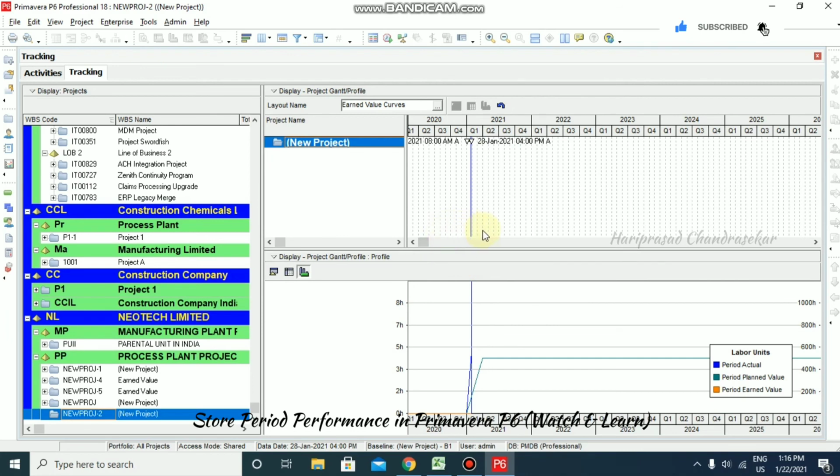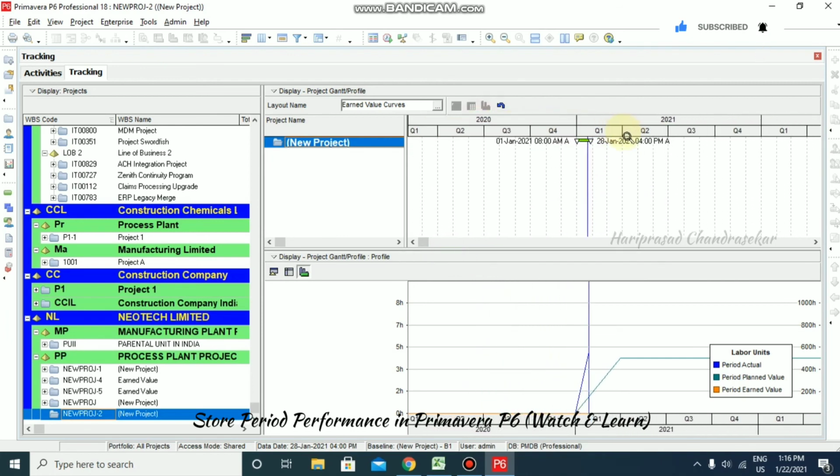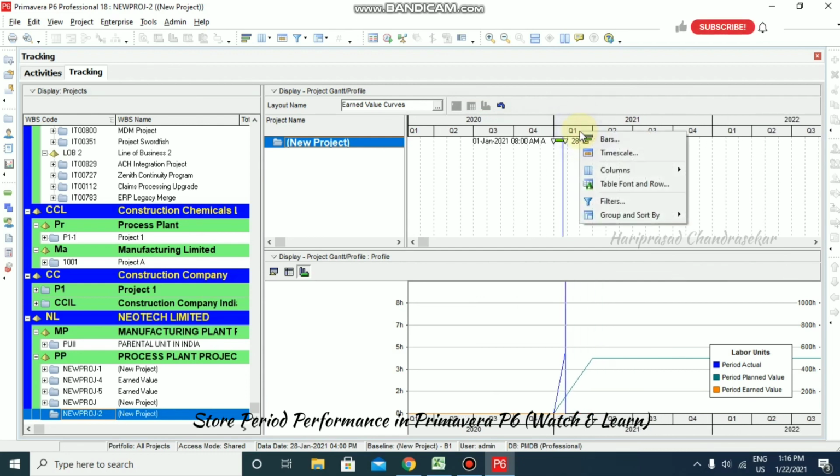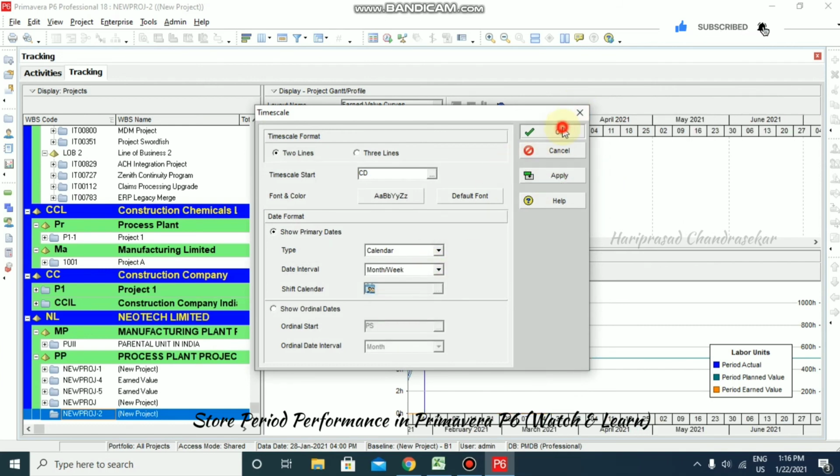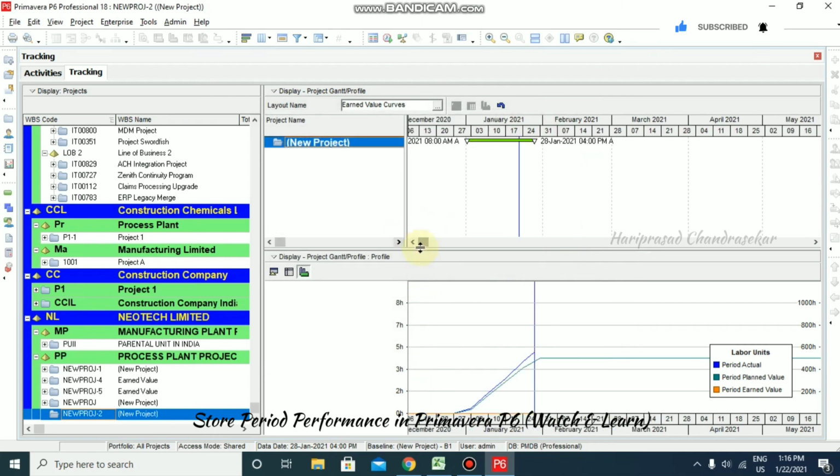So once you apply, we can see everything here, but we are supposed to put some timeline, like here time scale. So I'm just going for month per week and apply and okay. Now we can see the things.